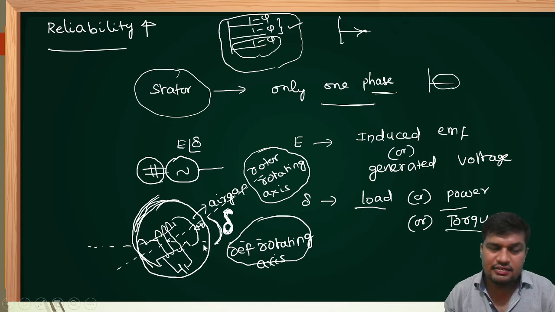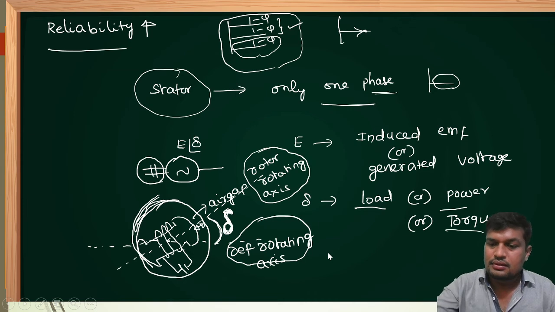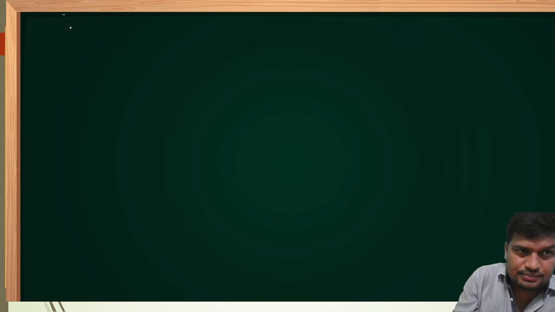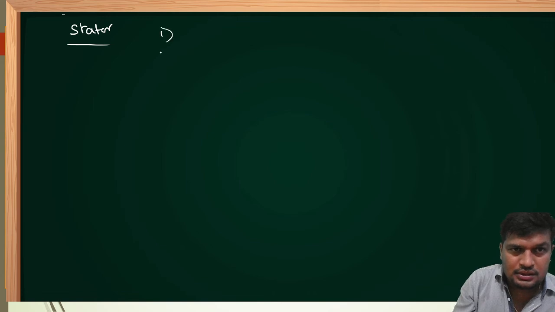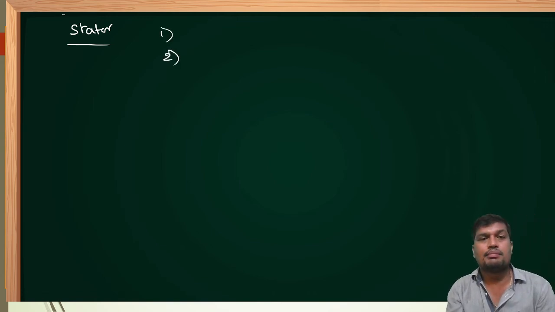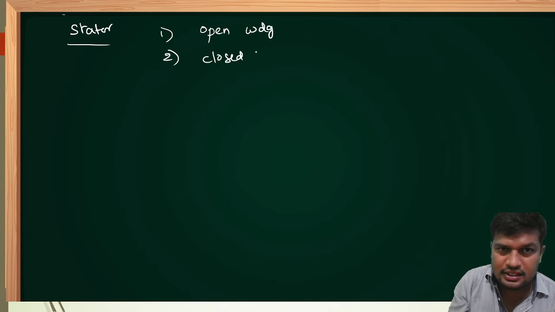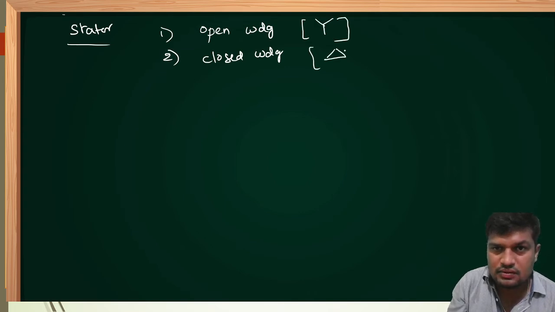it is very clear the stator winding is three-phase. The reason is that we generate bulk amounts of power through three-phase, and the reliability of three-phase power generation is also higher. Let us move on. As for the stator we discussed, it is a three-phase winding. How many three-phase windings are possible in a power system? The first one is open winding. The second is closed winding. There are only two possible connections in three-phase. The open winding is also known as star winding and the closed winding is also known as delta winding.